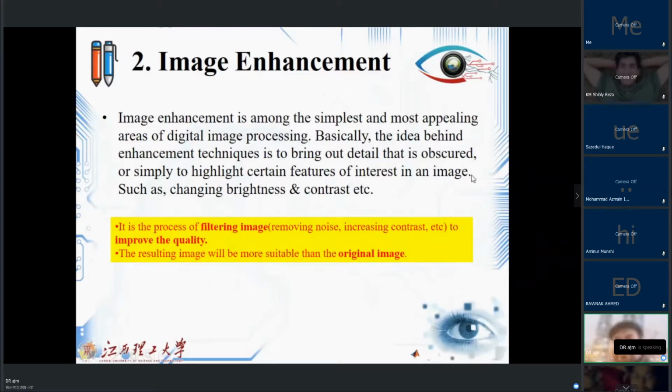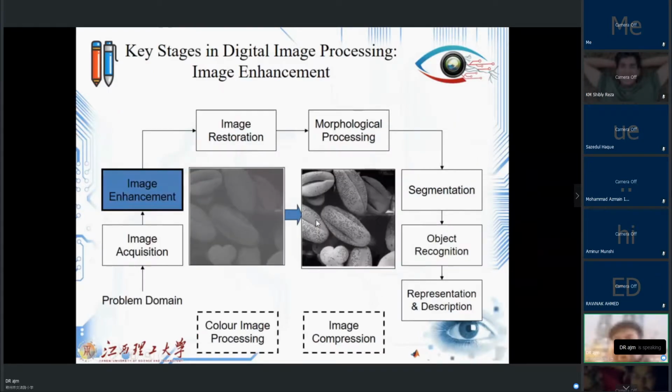bring out the detail that is obscured or simply highlight certain features of interest in an image, such as changing the brightness and contrast. Let us see once more the previous picture. What difference do we have between these two images? I mean, before enhancement and after, is that we changed the illumination, and also you will see that the picture